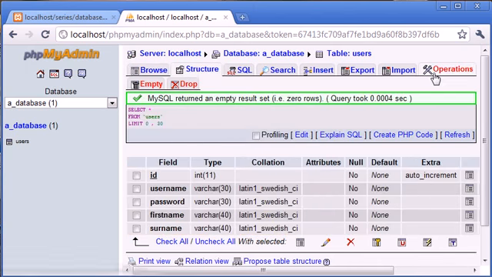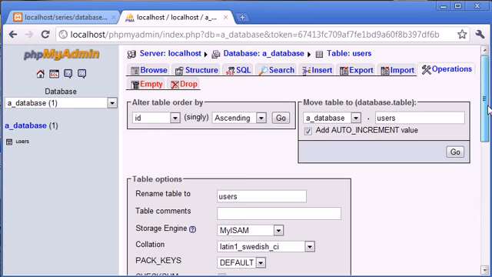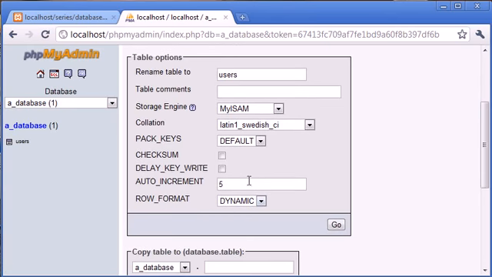You can use this tab called operations, and if you come down you can see auto increment. We can change this back to 0. If we click on go,